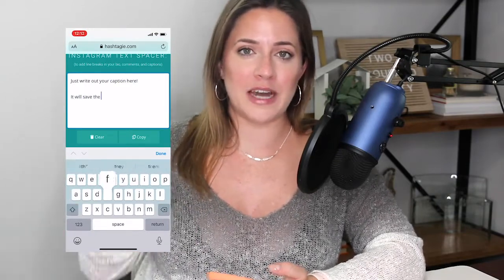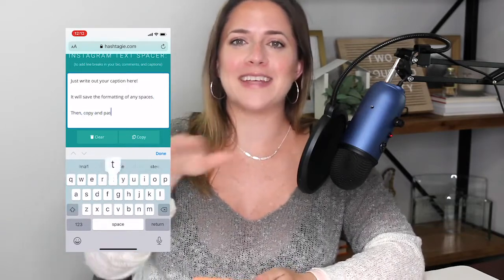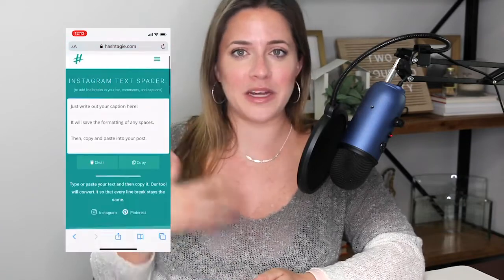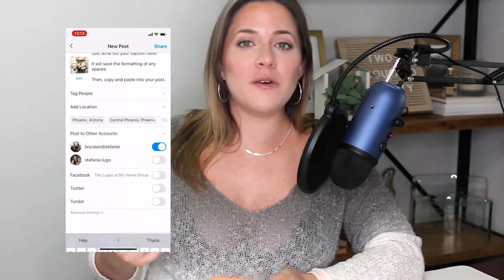So Hashtaggy has 2 main functions. Number 1, it can help you do research on hashtags, which I have used before, but I actually use the Hashtaggy text spacer. And what it does is it allows you to go ahead and copy in the caption that you would want to put in for your Instagram post and format it in the way you would want it to actually look. So this is one of the things that I use every single time I post. I write my caption in the Hashtaggy text spacer. I go ahead and format it exactly the way I want it to look so that it's really easy to read, clean, cohesive for anybody to read through,